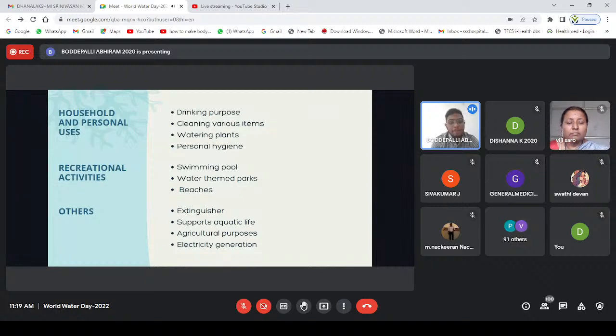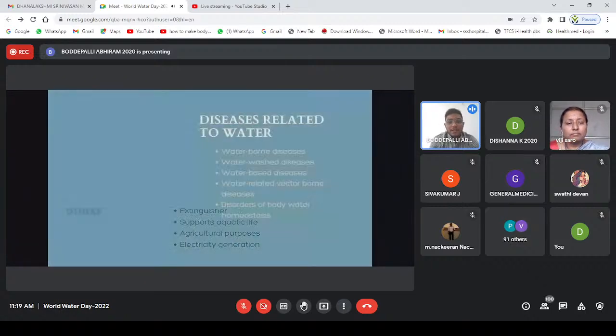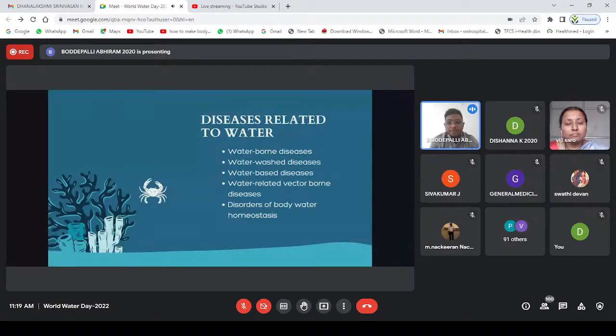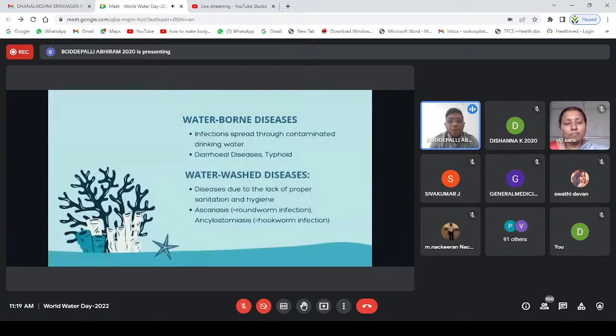generation. So now we're going to see the diseases related to water. So first we have water-borne diseases, that is infections that spread through contaminated drinking water. The examples of this are diarrhea and typhoid. And then we have water-washed diseases, which is basically sanitation issues. For example, ascariasis and